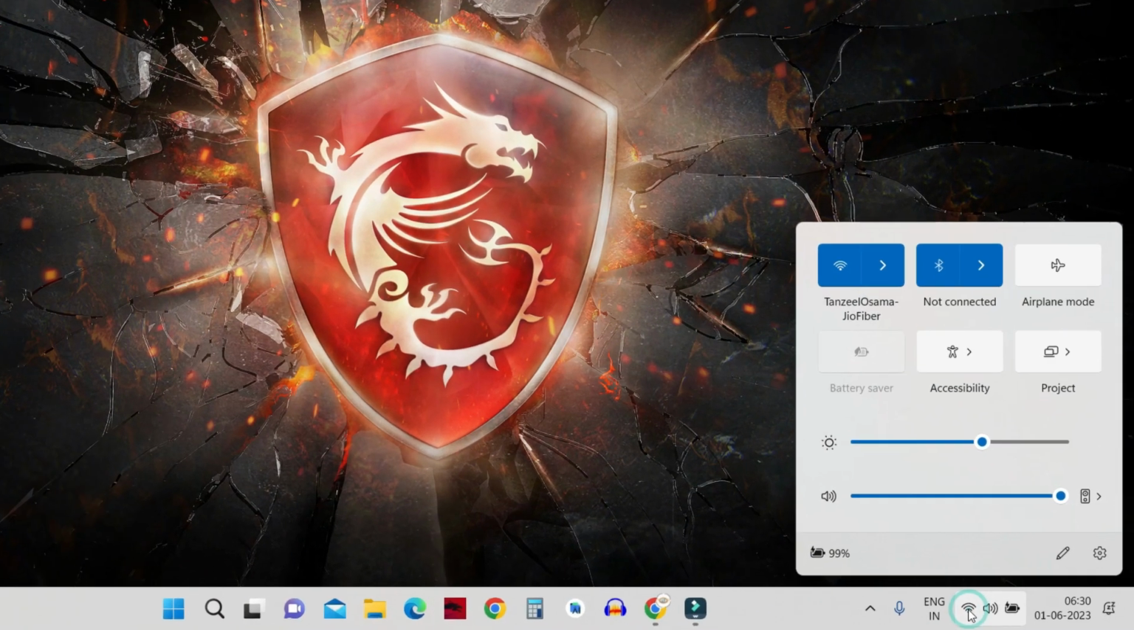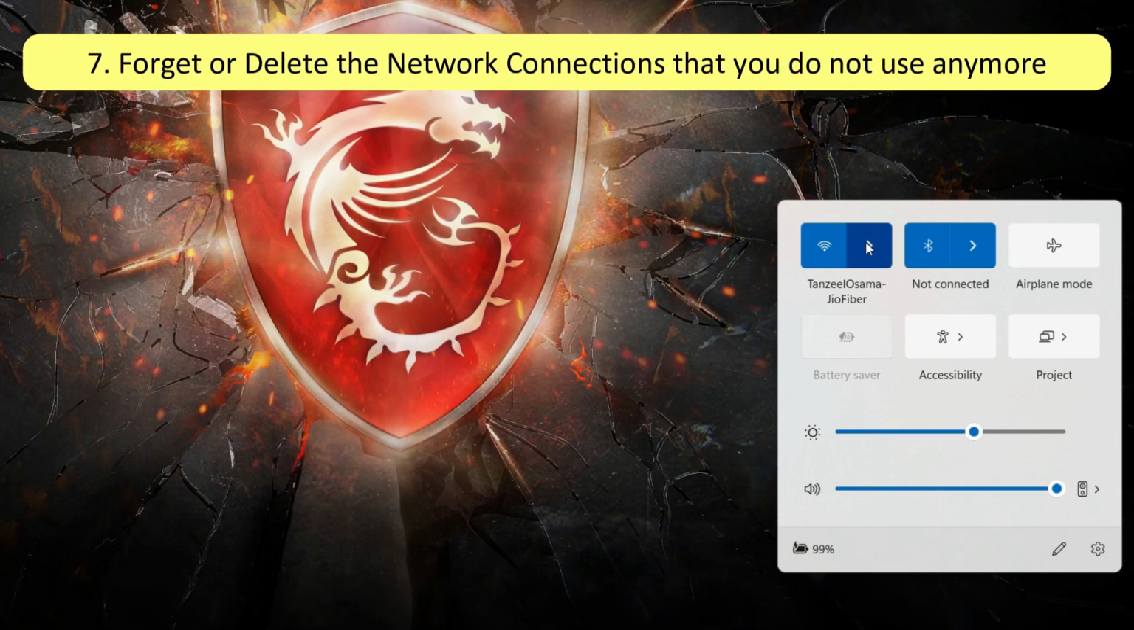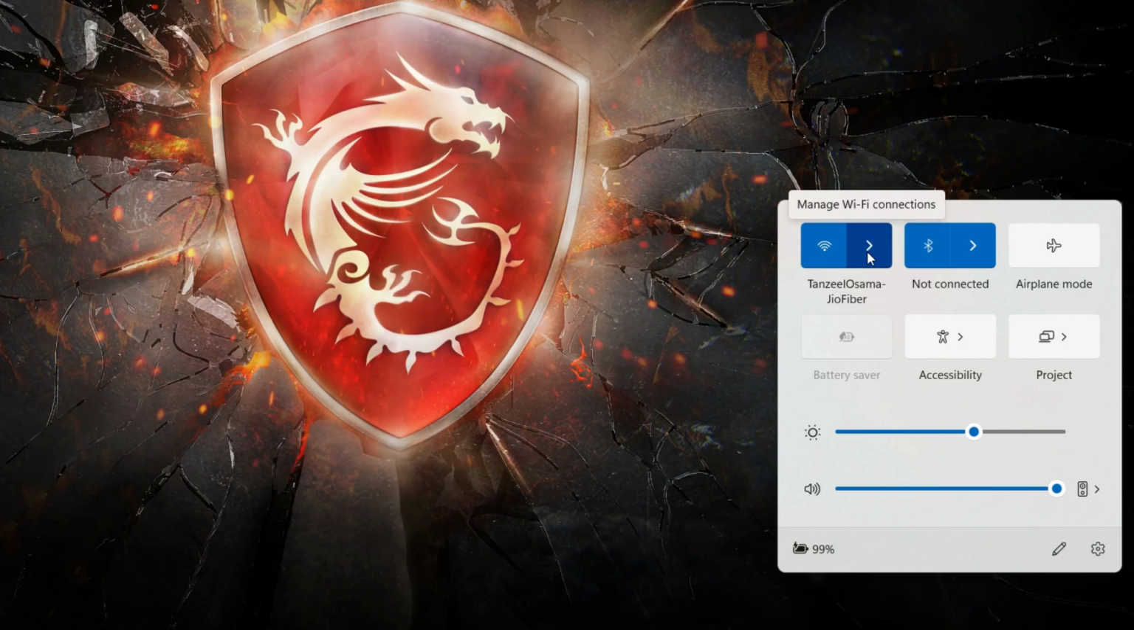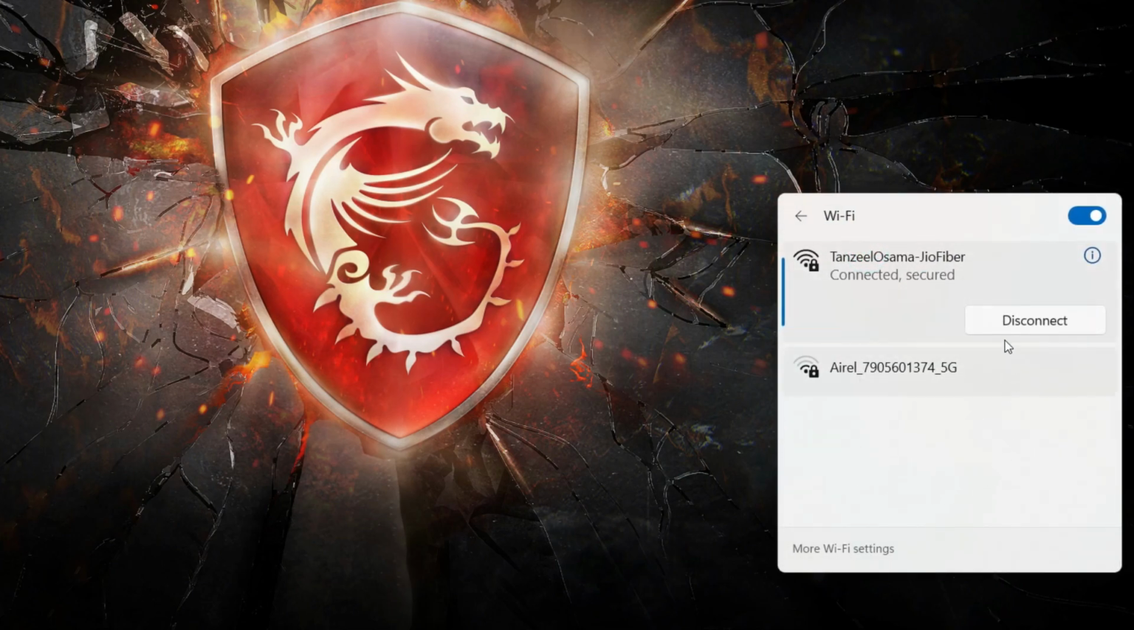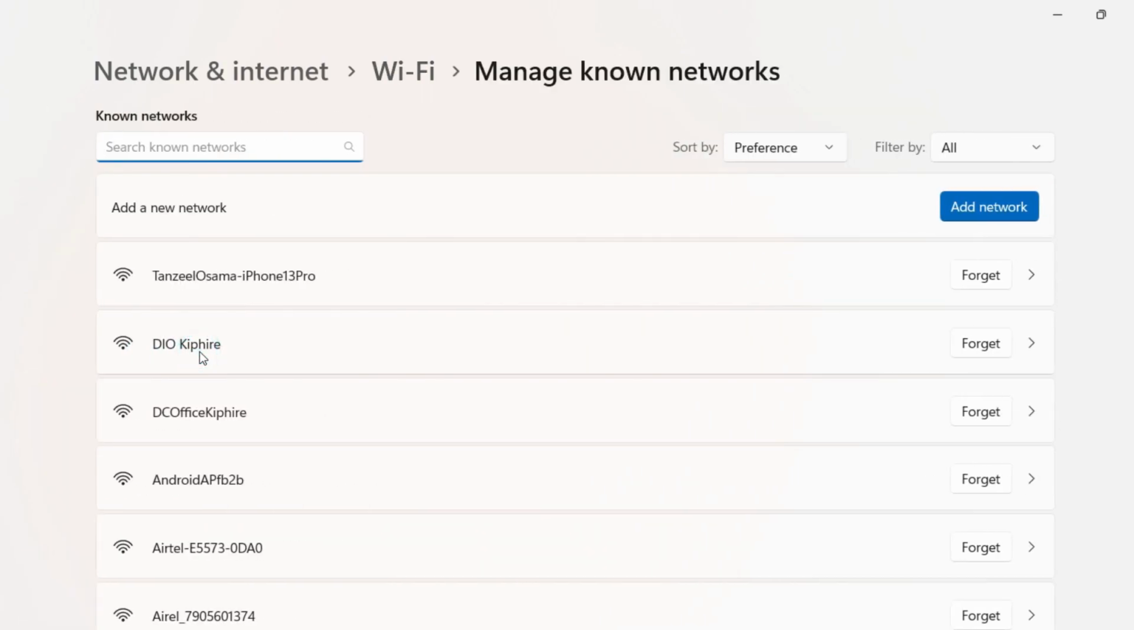If you click here on no internet connection or the Wi-Fi icon, and then you click here on this arrow which says manage Wi-Fi connections, you are able to see a lot of Wi-Fi network connections here, but if you try to connect to any network, it does not get connected. Well, in that case you should click on this more Wi-Fi settings and then click here on manage known networks,